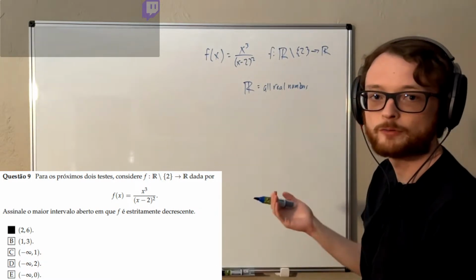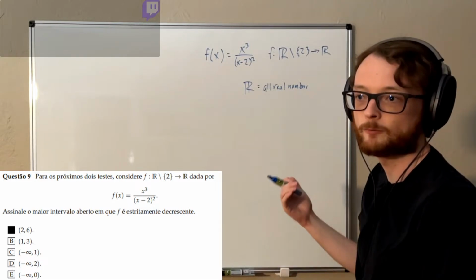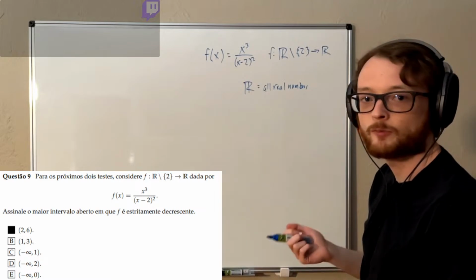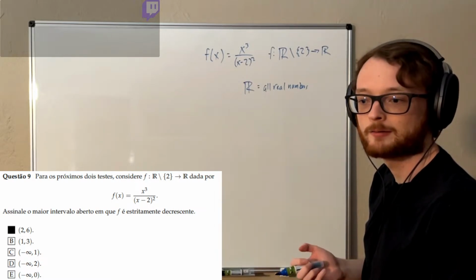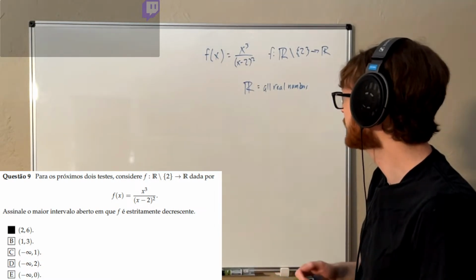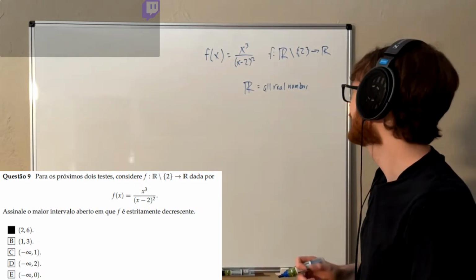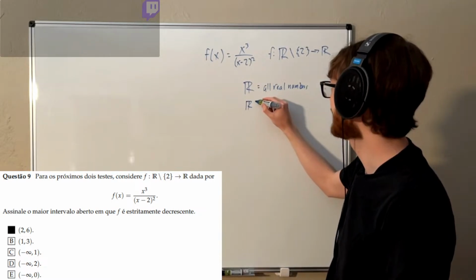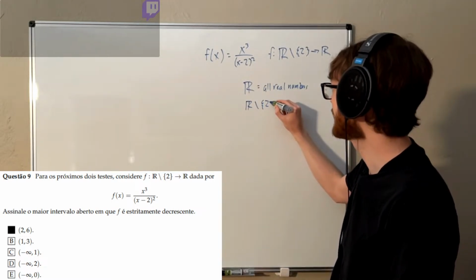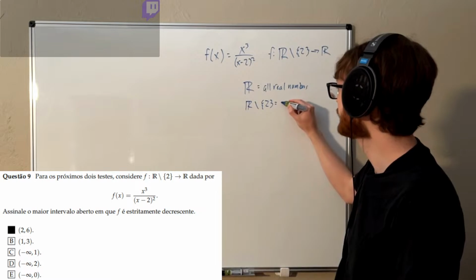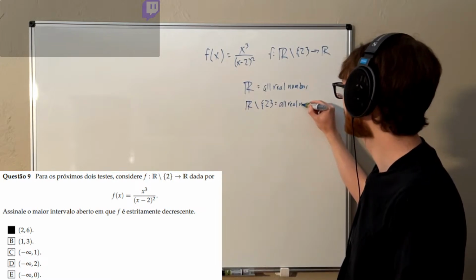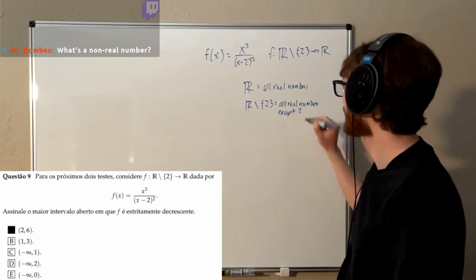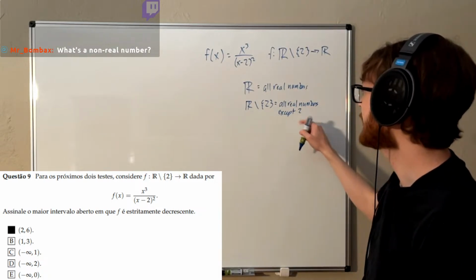So it's numbers like 1, 2, 3, negative numbers like -1, -2, -3, 0. Fractions, decimals, irrational numbers like pi, basically every real number you can think of, I guess. But what that /2 means is it's called set subtraction. You're basically taking all real numbers and removing just 2. And they do that because,